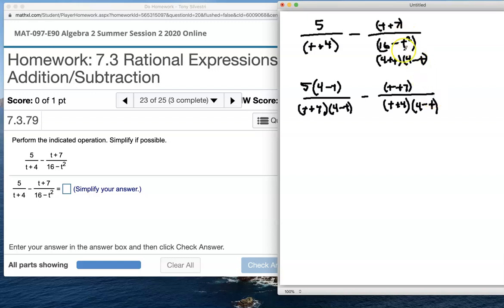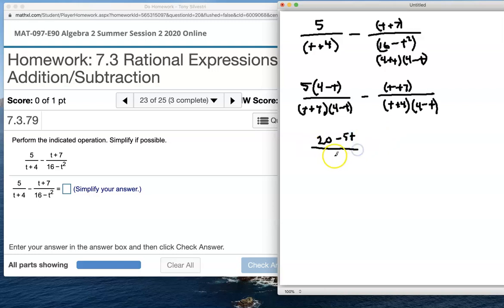Wait, the second fraction, we have to do nothing. We do absolutely nothing. They're the same. The denominators are the same. Great. I like to do nothing. Okay. So before we can subtract, we have to multiply. So this is going to be 20, 5 times 4, minus 5t,